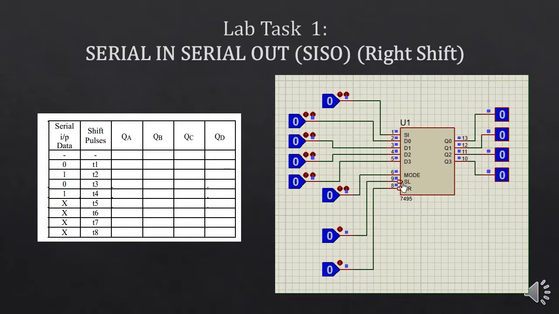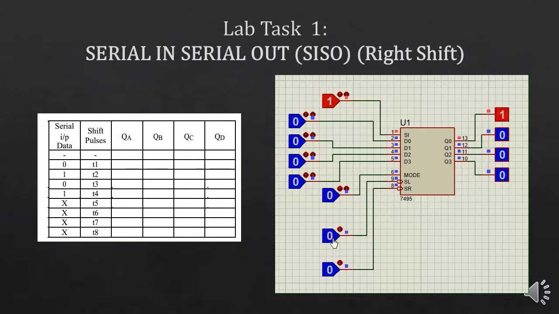Here you can see on pin number 8 and 9, rather than using the clock signal, I am using a toggle switch. Basically, it will help you in better understanding how the data is being shifted on different clock pulses. Whenever I press the toggle switch, it will be considered as a pulse. So now let's see how the data is being shifted. Let's suppose we want to enter the data 1001 serially, and it will be serially out. So for this purpose, I am going to select 1 here, as it will be our first bit of data.